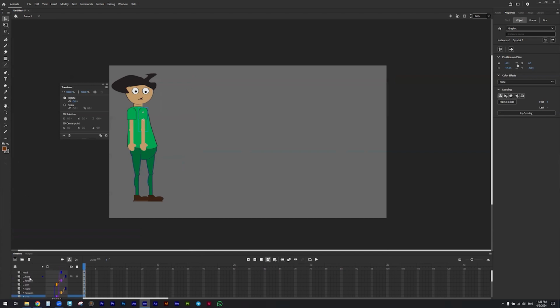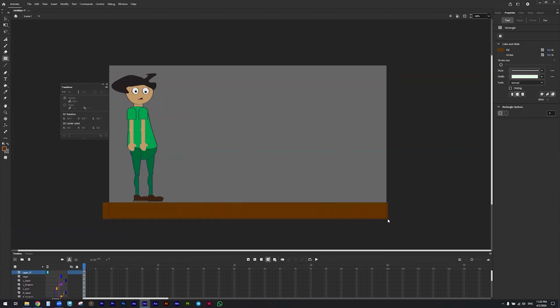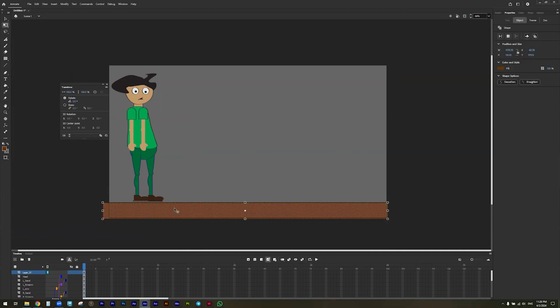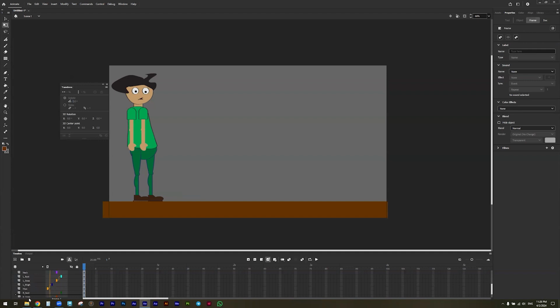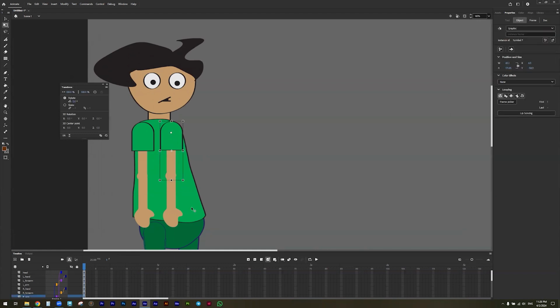Before I start, I'm going to create an empty layer. I'm going to add some shape, look like a ground. And then this layer, I'm going to lock it and drag it, and make it the last layer. And now I can start working on the animation, but before, it's better to adjust the layers, to adjust the